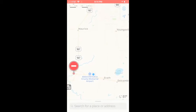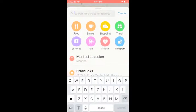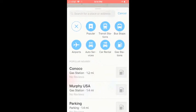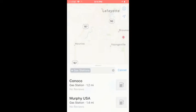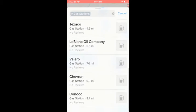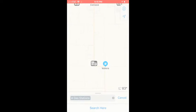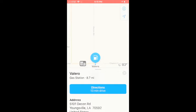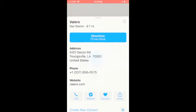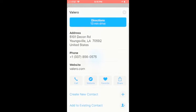Like I said, I love how you can just navigate and really see and zoom out where you're at. It's easy to pick out a gas station, which I usually have to do because a lot of times I forget to get my gas. So again, picking locations on the way to work, it's easy to see where you can get your gas. You can also click on the nearest one, how long it will take to get there, and how many miles you have left, so you can calculate that. It also gives you options to call and check out their website,